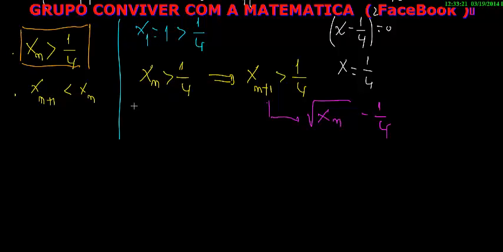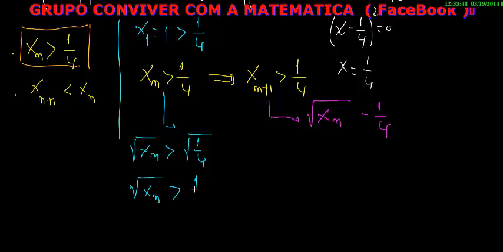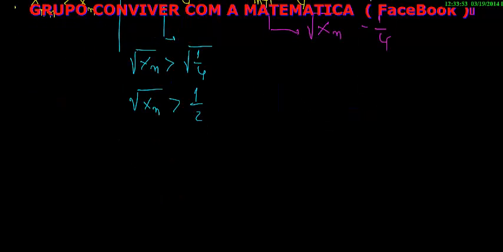Okay, that's good, because now I can begin in my hypothesis and I can grow, and I will get easily this result. So if I have this, also it is true that square root of x index n is greater than square root of 1 over 4, or it is the same as to say that square root of x index n is greater than 1 over 2. I am arriving at the end, and now I must sum